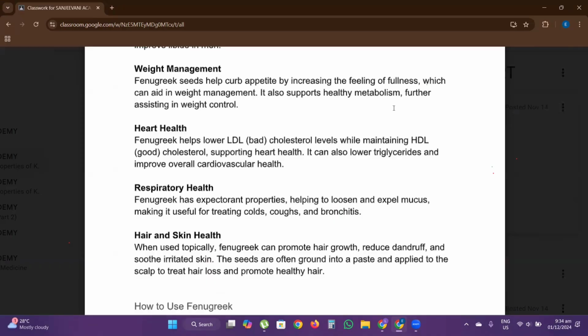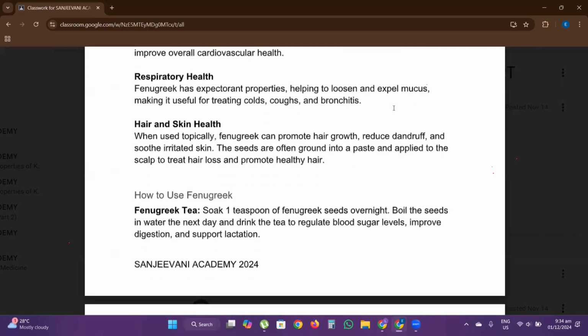So fenugreek can be used to expel mucus. Once anything expels mucus from your respiratory tract, it's going to be useful during coughs and bronchitis. So hair and skin, it is part of shampoos, oils,